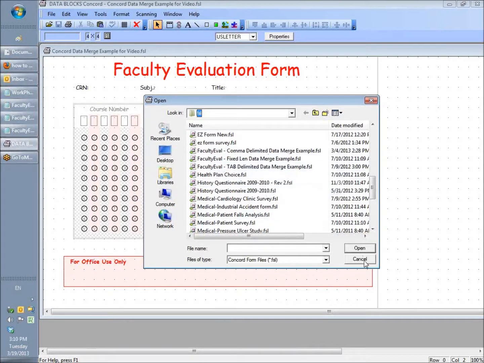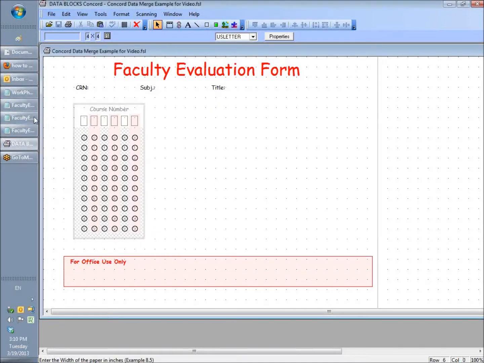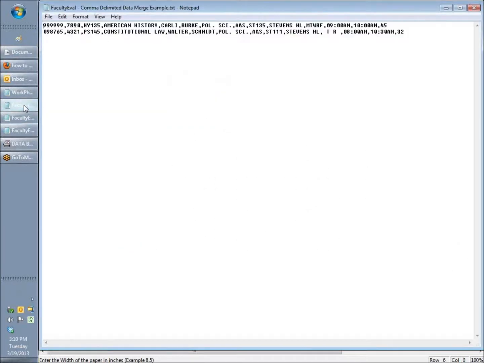And those are things that we need to understand before we get started. I'm going to cancel here, and we're going to go look at these kinds of data files. Okay, this is a faculty evaluation data file. It has 2 lines or data records in it, and it represents a listing of courses. There's only 2 here for our illustration, but what you can see here is that each of the